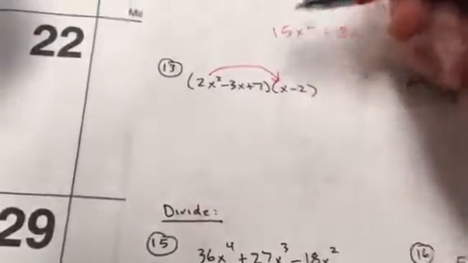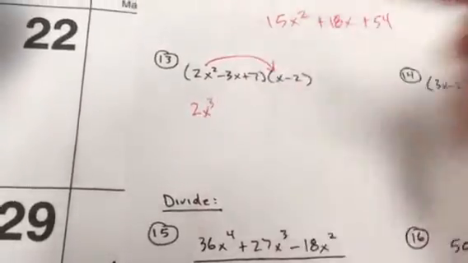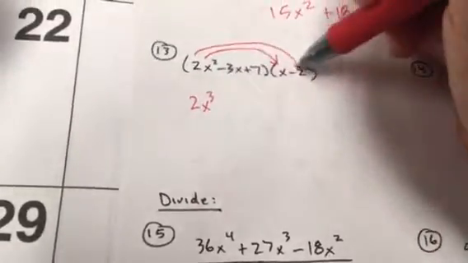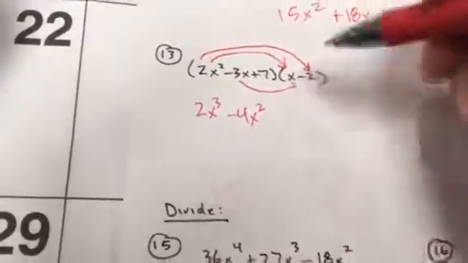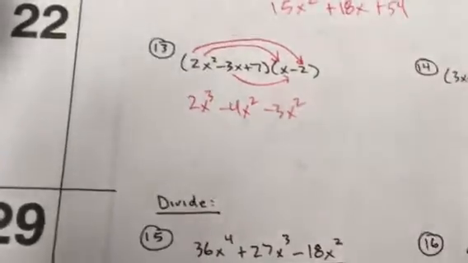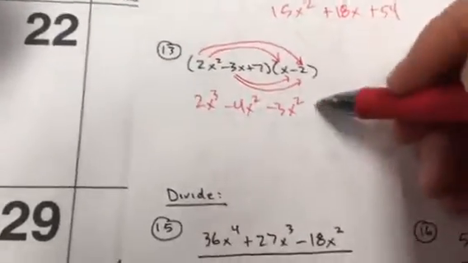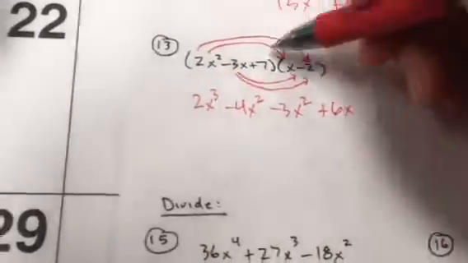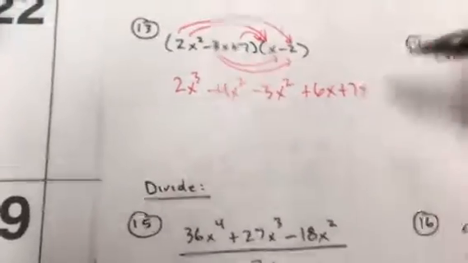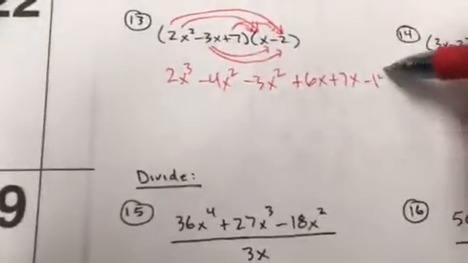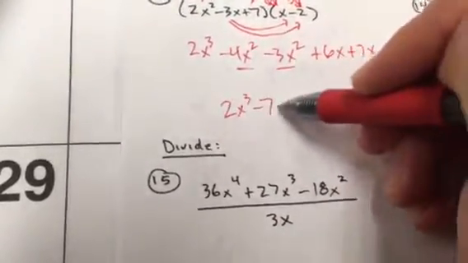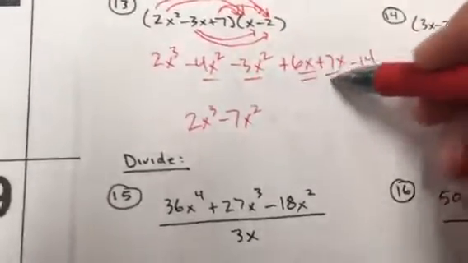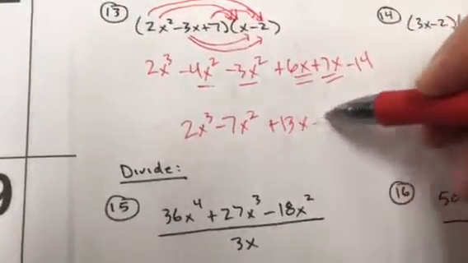All right, here on 13, distribute again. 2x squared times x is 2x to the third. 2x squared times a negative 2 is minus 4x squared. Negative 3x times x is negative 3x squared. Negative 3x times negative 2 is 6x. 7 times x. 7 times negative 2. Combine like terms here. You're going to have 2x to the third minus 7x squared plus 13x, that minus 14